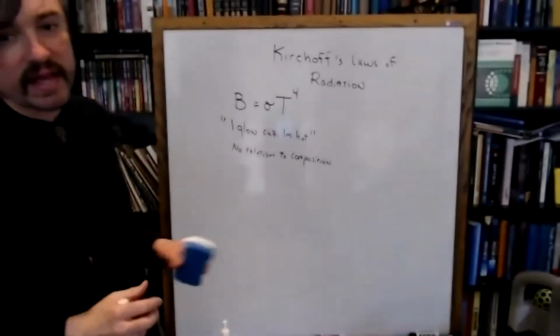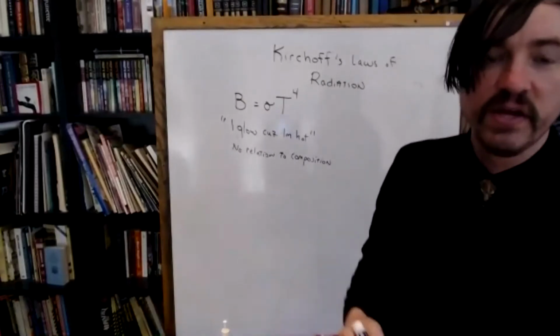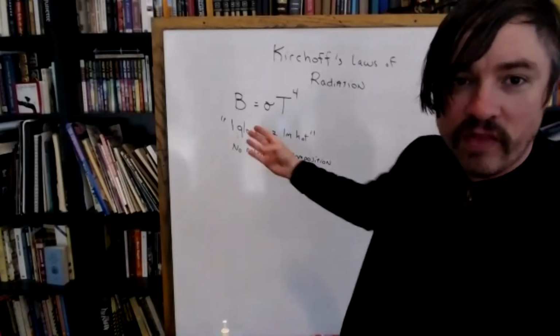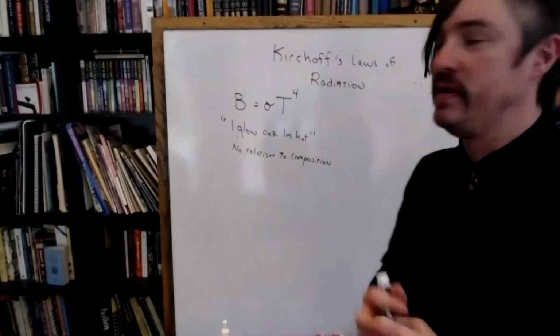And the joke I made last time was that a steel ingot in a forge, once heated, will glow with the same spectrum as a flaming piece of dog poo. All that matters is how hot you've heated up the object, and the radiation will be predictable based on its